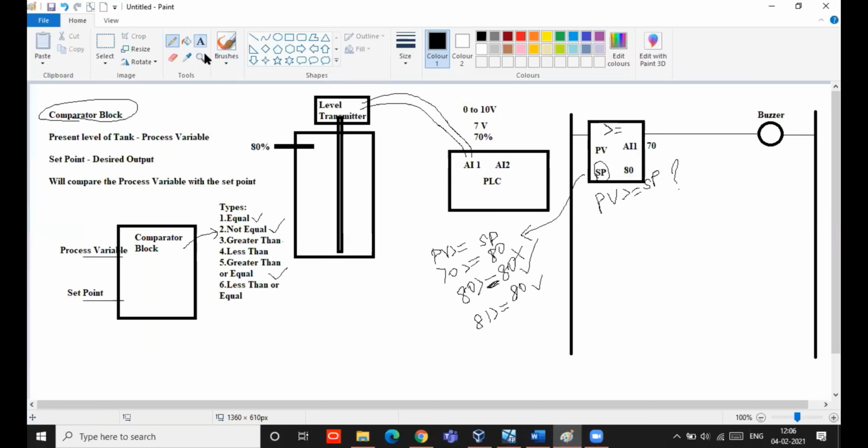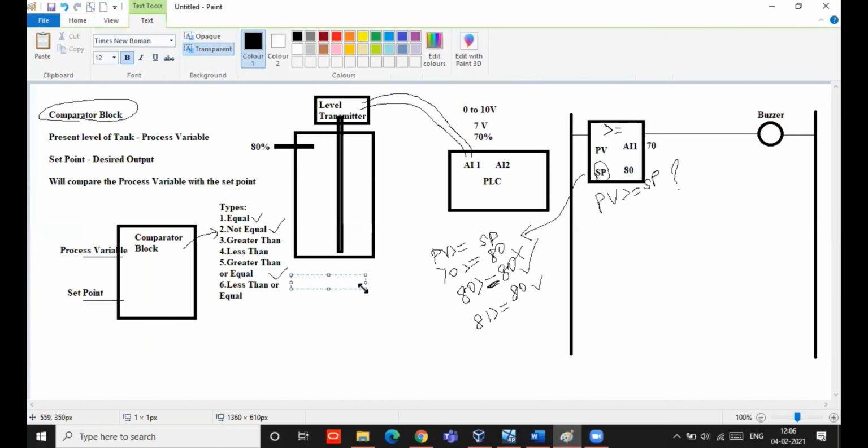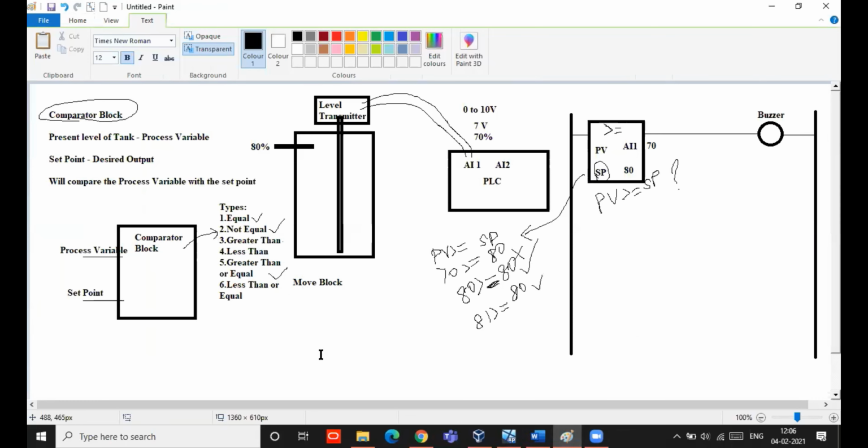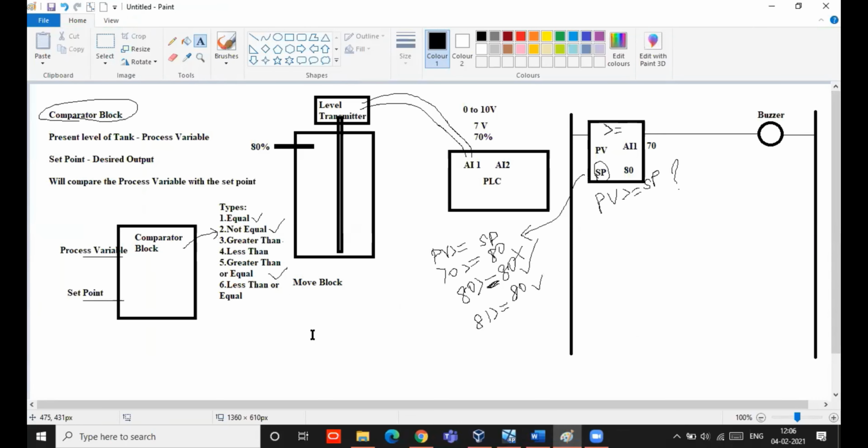Next, we have another function, another instruction, which is called move. So what is the use of this move block? The move block is used to move a value from one location to another location. Just assume I am having an analog input here.